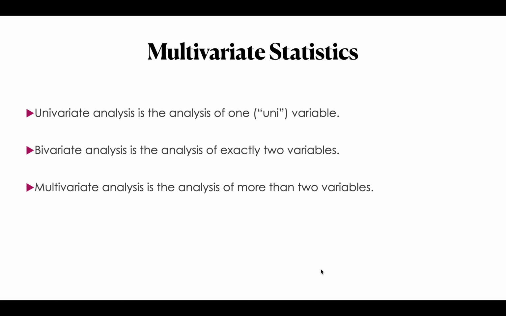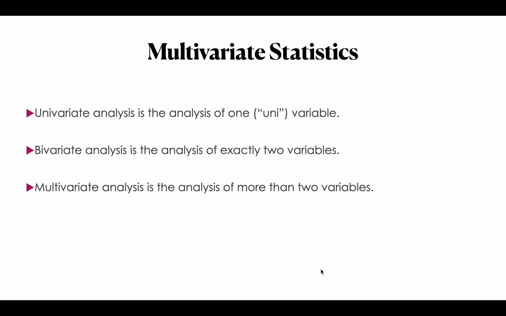In univariate we study the basic statistics: how the mean is calculated, how the mode is calculated, these basic concepts. What is the interquartile range, what is the standard deviation, what is the normal distribution of a certain variable. All these things we study in univariate statistics. Then we have bivariate statistics, which we have already seen and will also study in further units of your syllabus. But multivariate we will not do much, we will just introduce that concept.